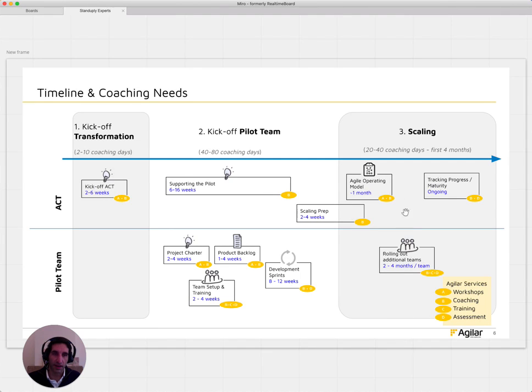You're closing the cycle here, and as you're learning, you're rolling out more and more teams. And hopefully at this point you start getting internal champions becoming coaches themselves. They have gone through this experience, they know how to do it, they can coach other people, and they are contributing directly to this operating model and growing this initiative. The initiative is growing roots within the organization. It's not something mostly owned by the outside.